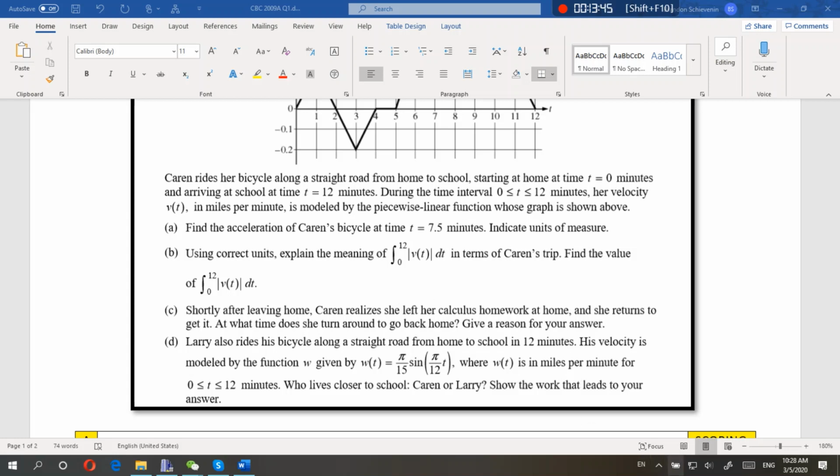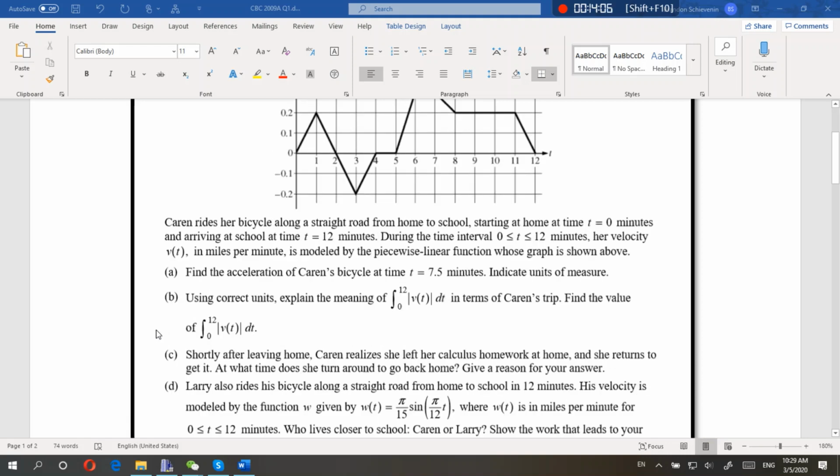Larry also rides his bicycle along a straight road from home to school. His velocity is this. Who lives closer to school? Who lives closer to school? So,